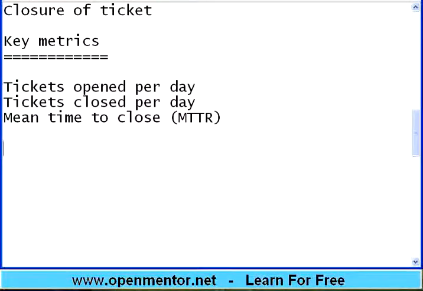But the problem gets solved maybe within an hour, 2 hours, 3 hours. The sooner you solve it, the better the confidence of the customer in you. They will come back to you saying, hey, thanks, right? So these are some of the key metrics, and then the pattern of the tickets: whether the problems come more from a certain state, or customers are reporting more about a particular product or a particular feature. If more problems come from a single product, that product needs to be put through rigorous quality control, right?